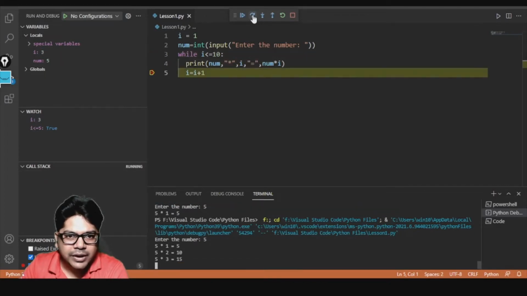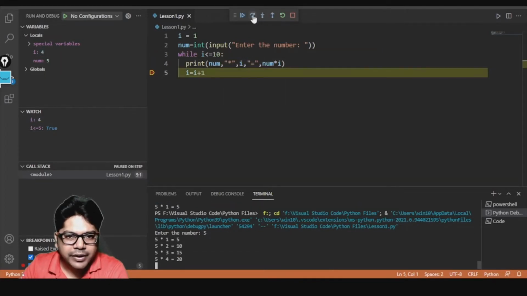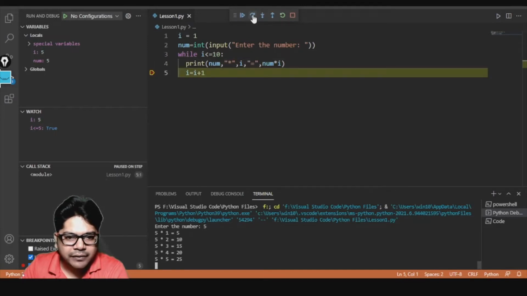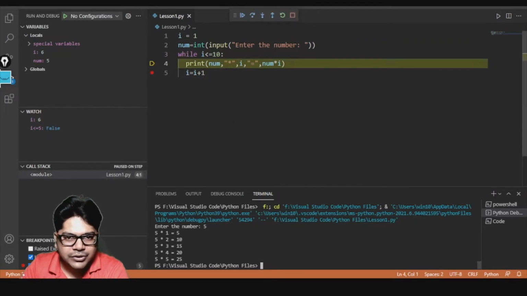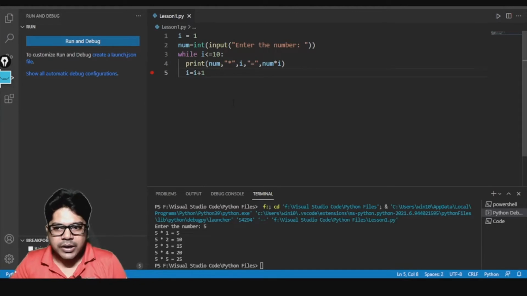So like that it will continue, right? It will continue, and every time the value of I is increased and we are getting the value. Okay, if I stop this, the program will stop there. So this is what happens when you are